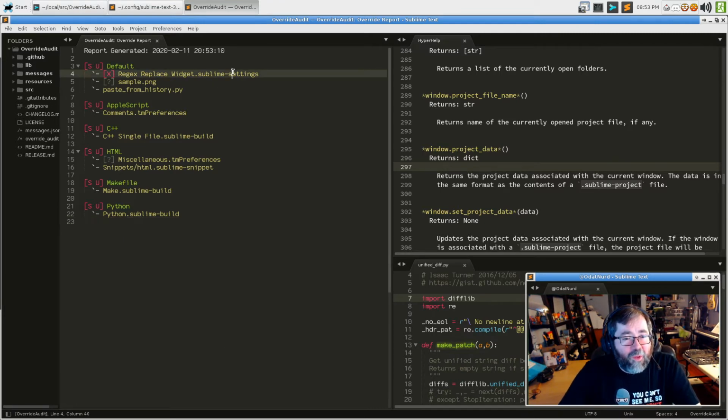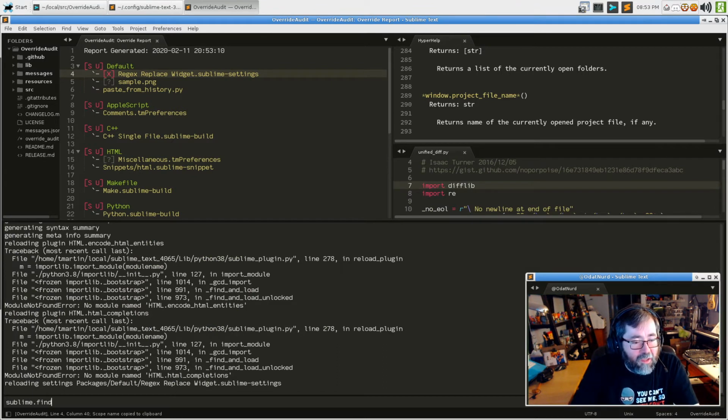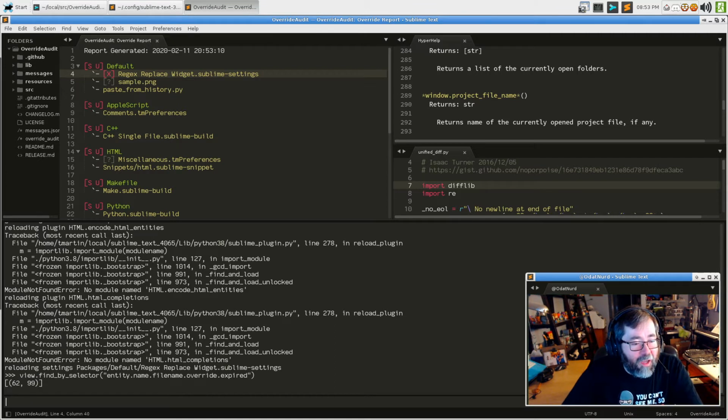I think the only way currently to grab this information would be to do, whoops, view find by selector. Technically that's the whole scope we want, but if our command already knows if it's in a report or not, it doesn't need to check that part. It's going to come up with one, and then we could pull the name out. And then if we wanted to know the name of the package that this thing was in, we need to do more work,